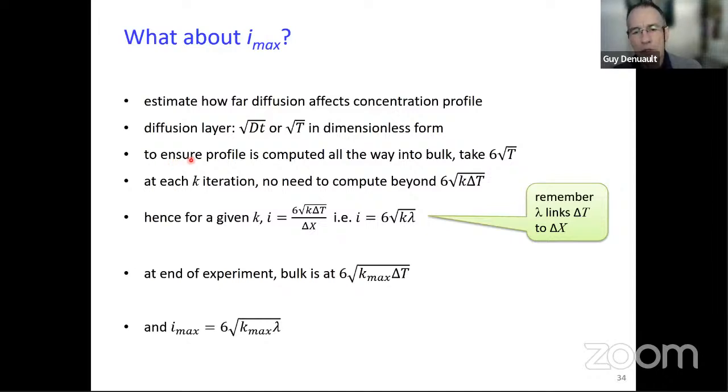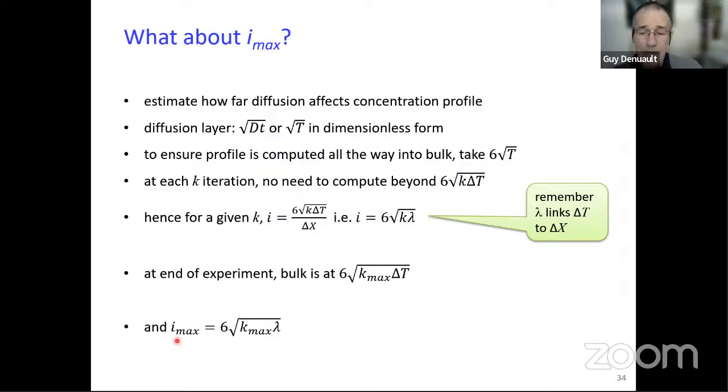From the concentration profiles, we can work out that if you go to 6 square root of dimensionless time, you have gone beyond the diffusion layer thickness, and you have now reached the bulk concentration, which is not affected by the diffusion process. So at each iteration, time iteration k, there is no reason to compute the concentration profile beyond 6 square root of k dt, because beyond that, there's no change in the concentration. So you can work through the expressions, and you can show that